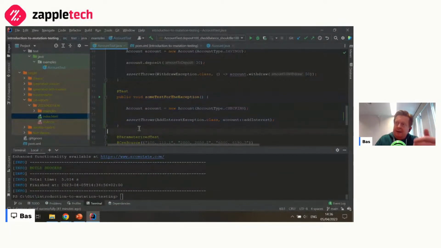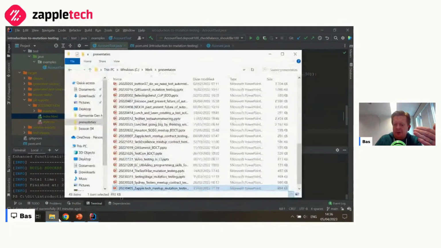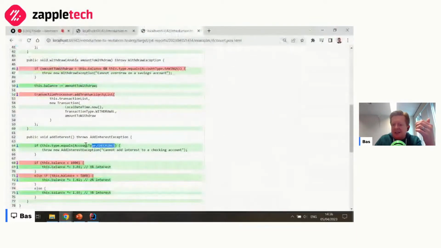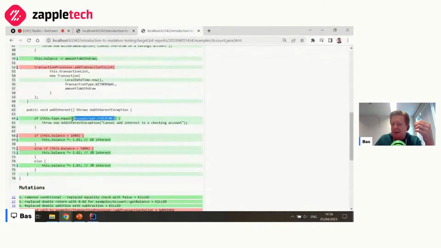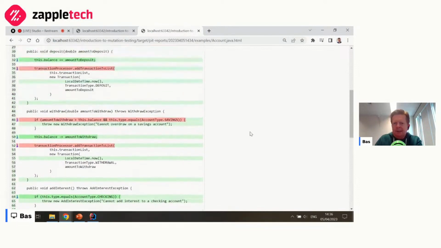That gives us a good indication, not just that our test covers this code, but also that it's able to detect unwanted changes in this code, which is at least a reasonable indication that we have an effective test here, and more so than just relying on the code coverage. Awesome.